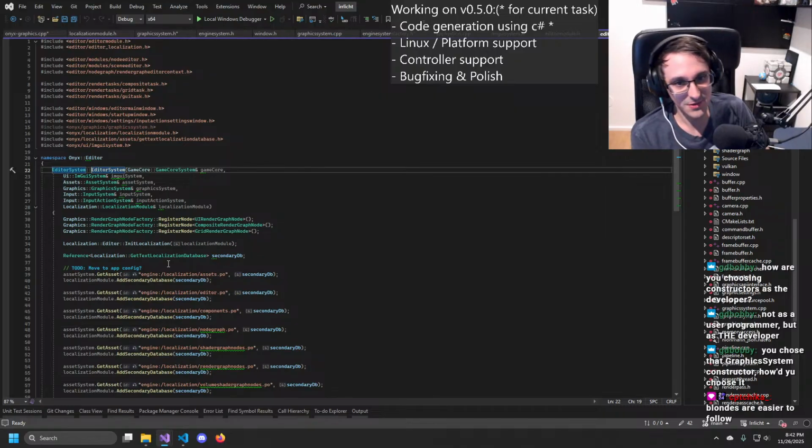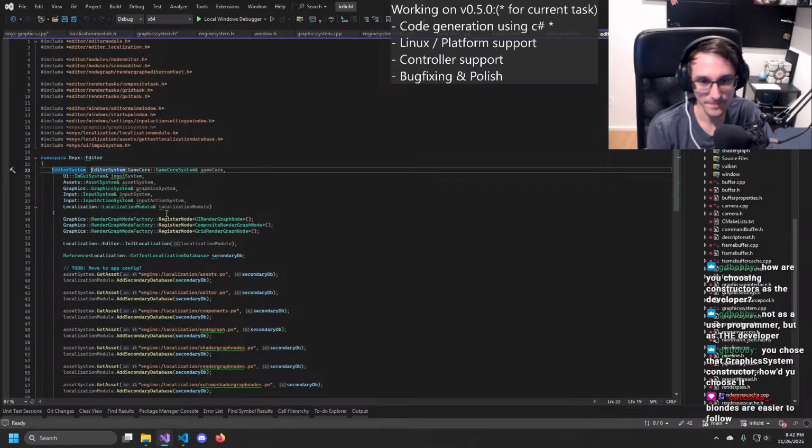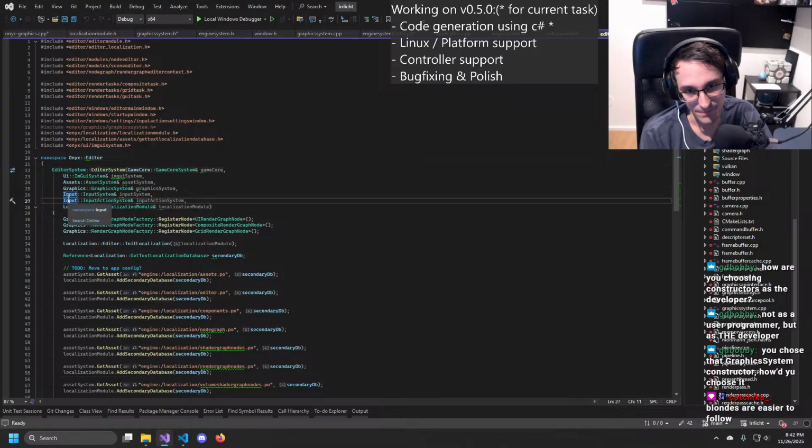And changing it to the constructor, did it actually have any benefits? Not really.